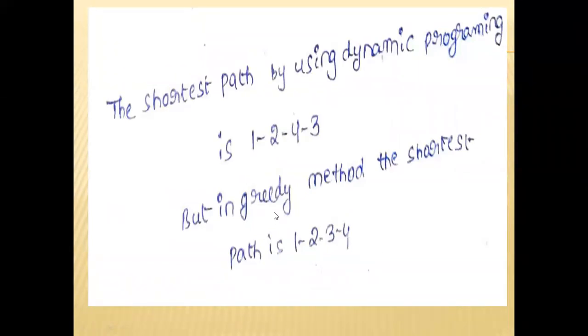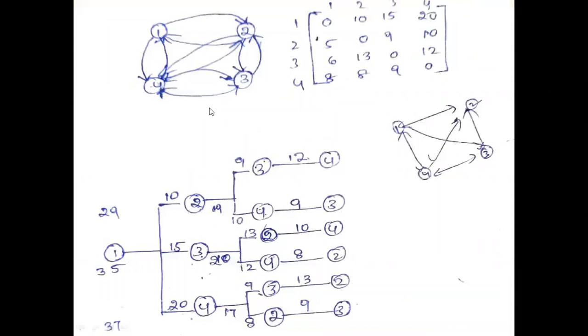But in dynamic programming, you find all decision sequences, while in the greedy method you find only one decision sequence. So the distance is 31, but it is not the optimal solution, because another solution is 29. That is 29 is the shortest path covering all the vertices.